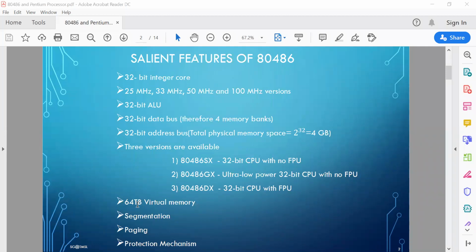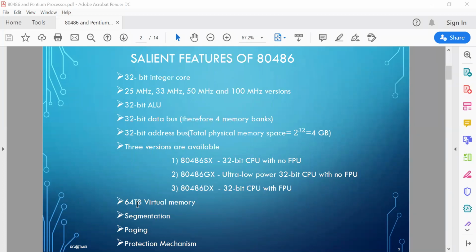Another example: in 8086, what happened? We need to give the segment address and the offset address, and by multiplying the segment address by 10 and adding the offset address, we can calculate the physical address. So actually the end user, meaning the programmer, can give the address as a segment address and offset address, so that the actual physical address can be identified.